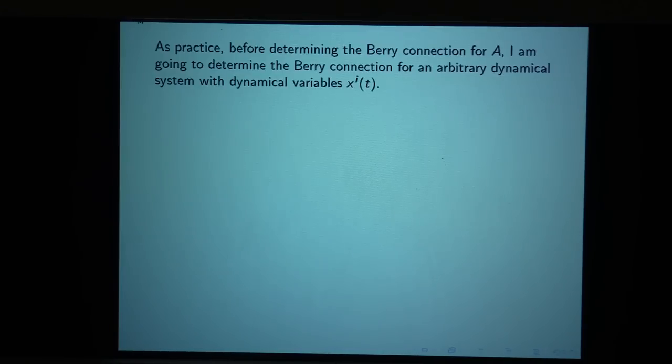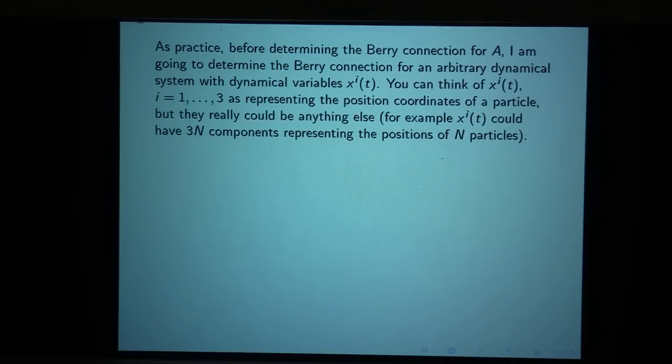So there can be arbitrary dynamical variables in the system. I've called them x^i(t). They could represent the position of a particle, or they could, for example, have 3n components that represent the positions of n particles. But they could be anything. Maybe they could be some phases in some collection of superconductors joined at some junctions. These are literally any variables,